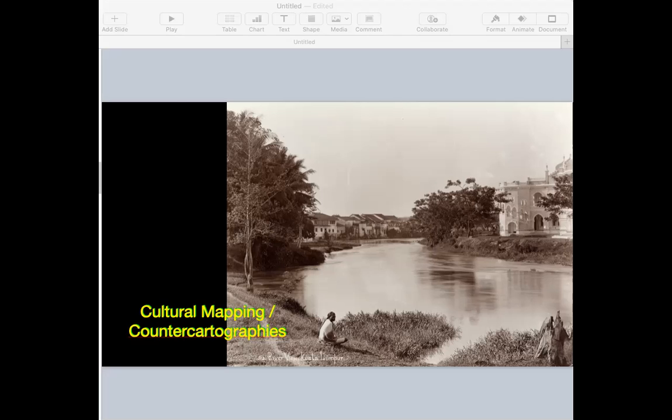Citizenship is not here defined in legal terms, but rather as a concept where one feels that he or she is accepted by a local community as a result of his or her contribution to the development of a place. So design and creativity very often are included as part of the process of ground-up placemaking, rather than seen as a kind of product. So instead of seeing art as something that you commission an artist to produce in order to prettify or beautify a part or a space, artists are actually invited to be part of the discussion process and to contribute their design and creative skill into finding solutions to address the issue that the placemaking research project aims to